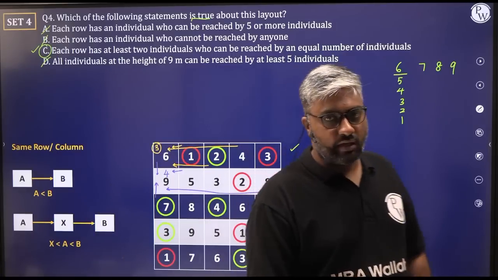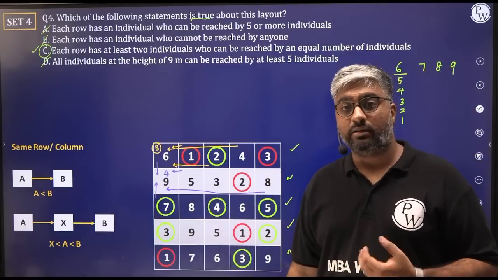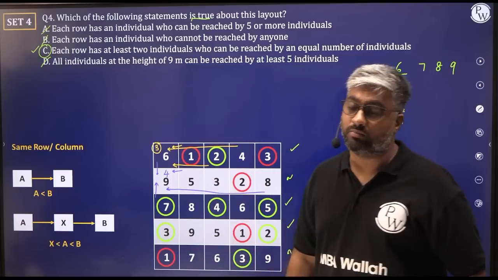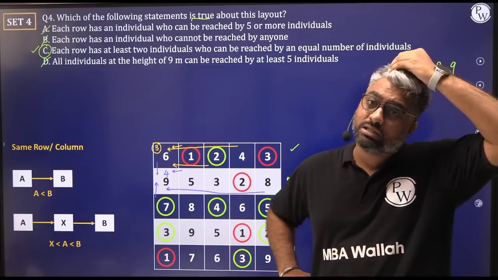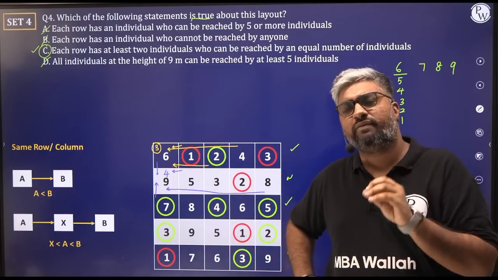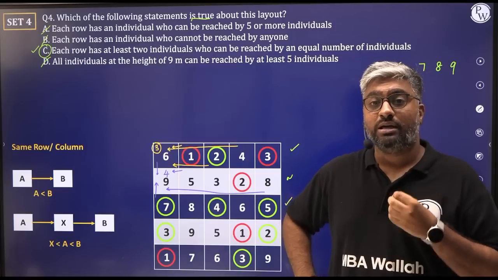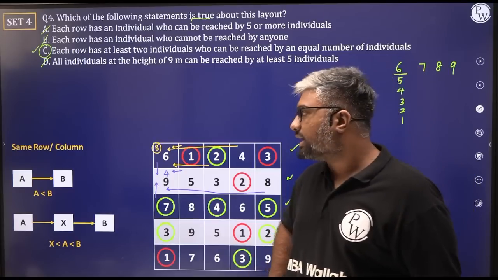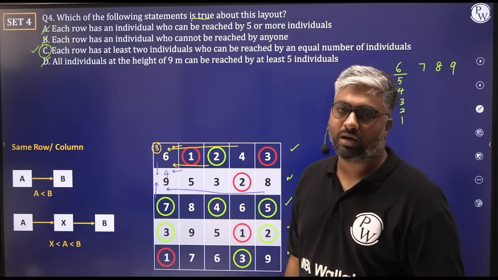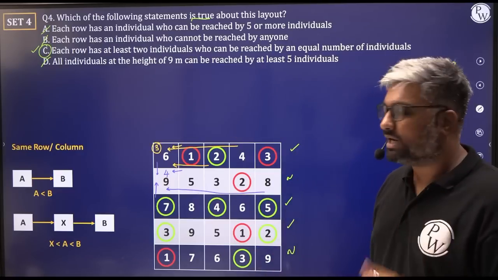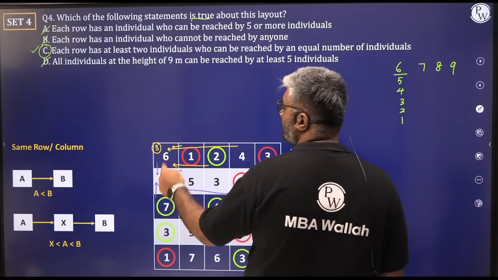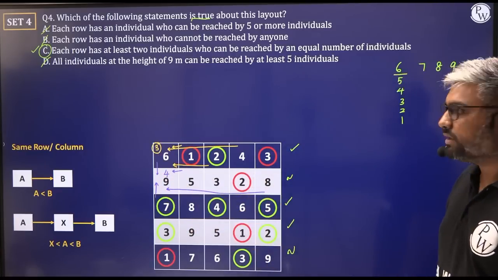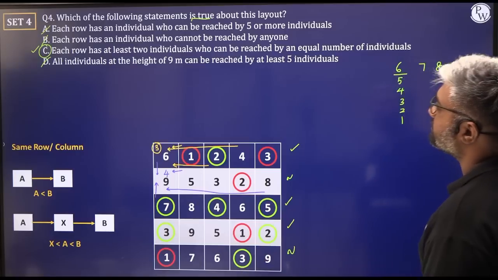For a lot of people, in the live class, what did we do? We sat and figured out all the 25 platforms, which took not just a lot of time, but it ate up a lot of our energy, which is very important, especially given that there were 8 sets. We cannot spend so much time here, right? So I would say leave question 4 as optional. Or if you can use a little bit of thought, and if you could deal with any 2 platforms, either 9 and 6 or 9 and 8, you can get this sorted. Yeah. So with this, our answer is option C.